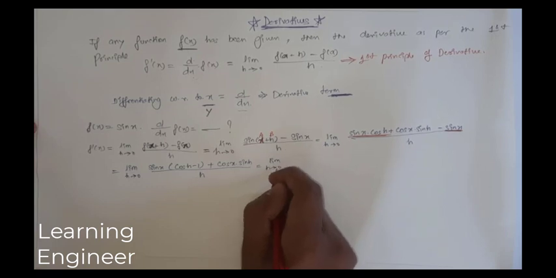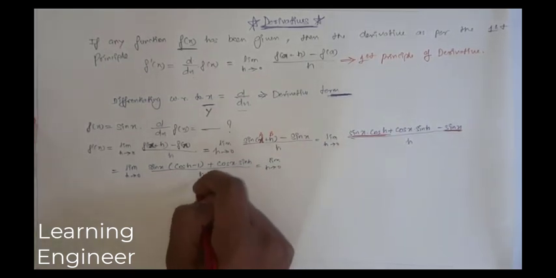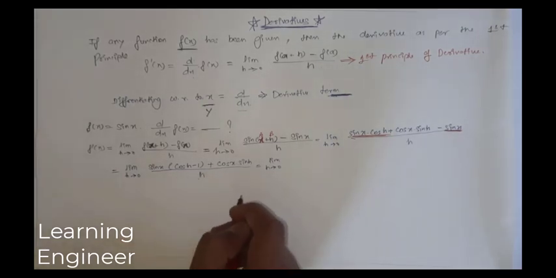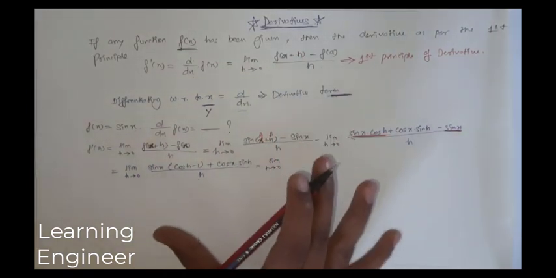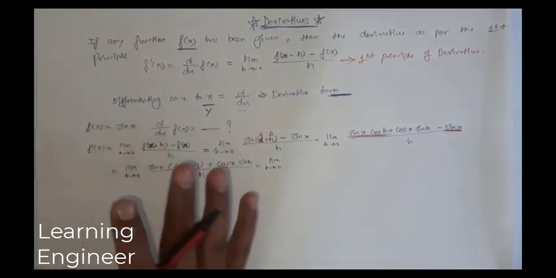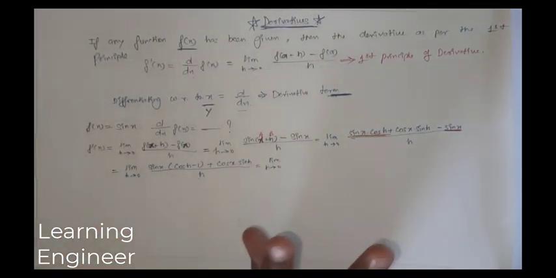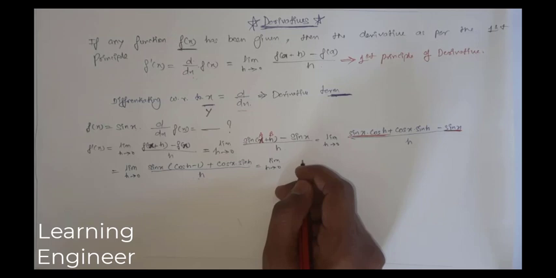As h extends to 0, we can divide this by h and this by h. We can simply separate h and we can separate the limit also. That is the rule of limit. Before starting this particular chapter, we should know the basics of limit. Limit is required. Limit, derivative, integration, differential equation, all are interlinked together. So the concept of each and everything is required. If you leave any topic, then you won't be able to understand another topic.